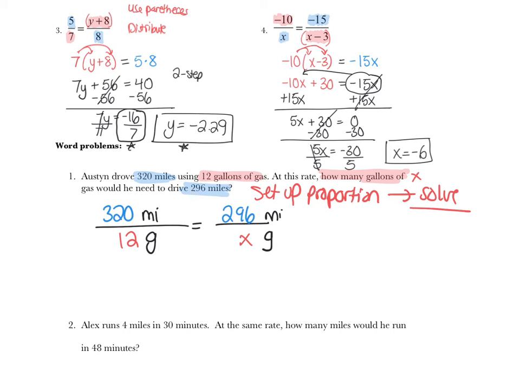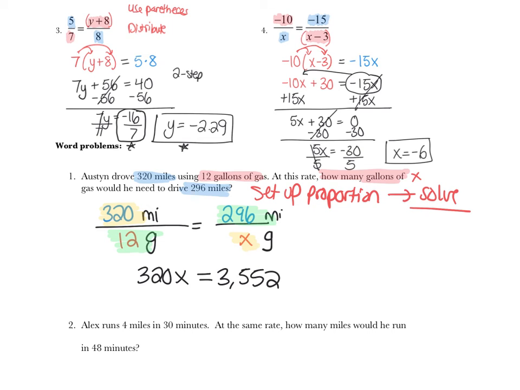From here, I'm going to cross multiply to solve, okay? So remember, I'm going to take this 320 and multiply it by x, and then I'm going to take this 12 and multiply it by 296, and I'm going to set them equal to one another. So 320 times x is just 320x equals, and then 296 times 12 is, if I punch that in my calculator,